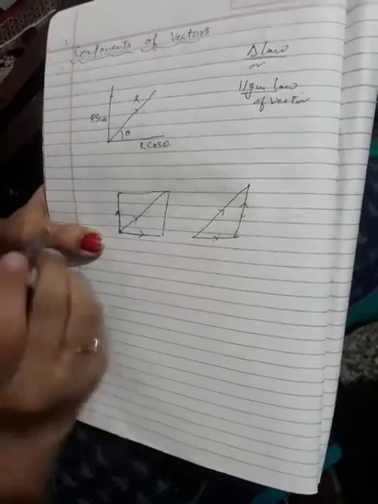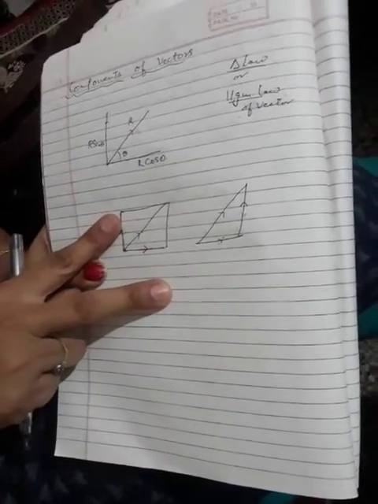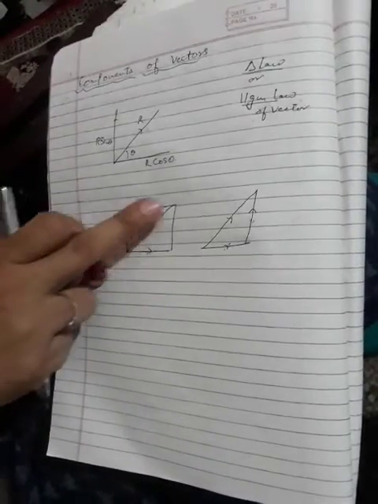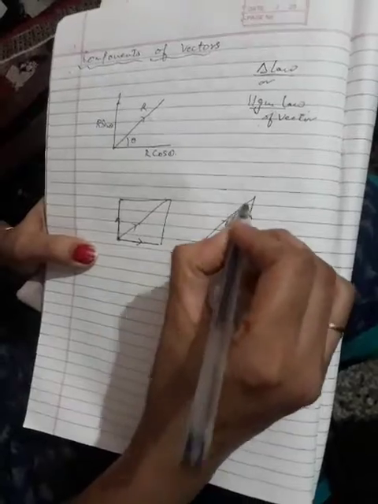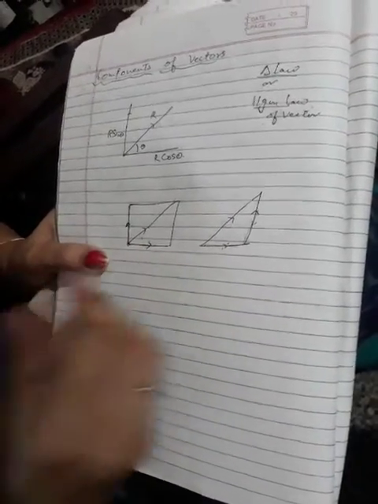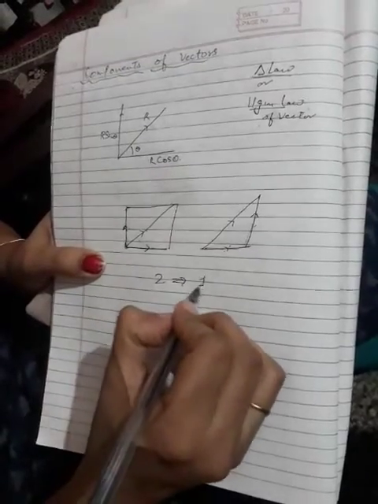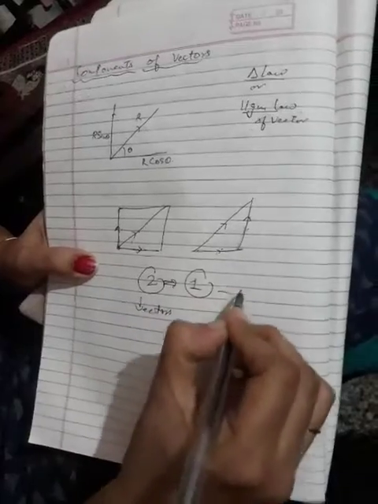from the same point. Now in this we had two vectors and we came to one vector, that was the resultant. We had two vectors, this and this, and this was the resultant, and in this we had two vectors and this was the resultant. That means two vectors resolved into one resultant.